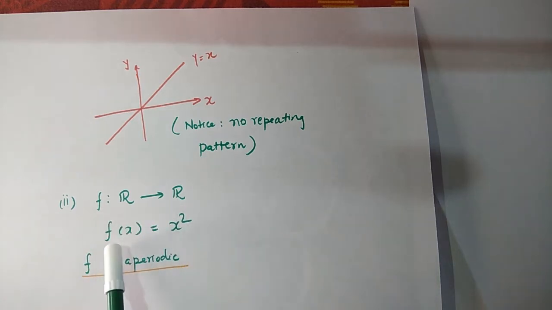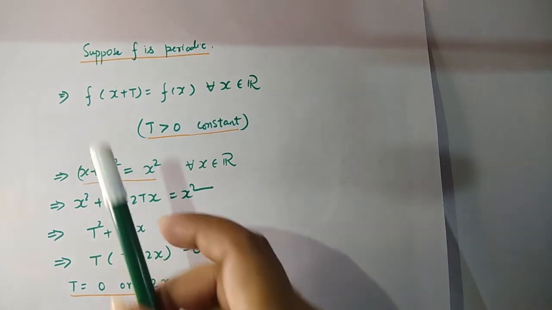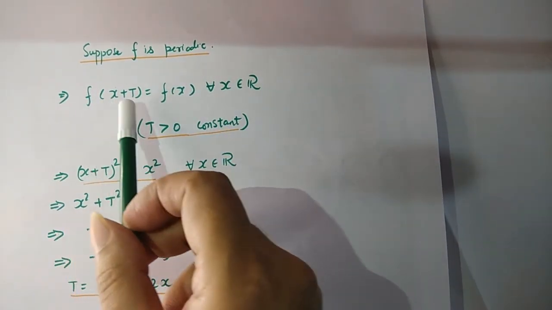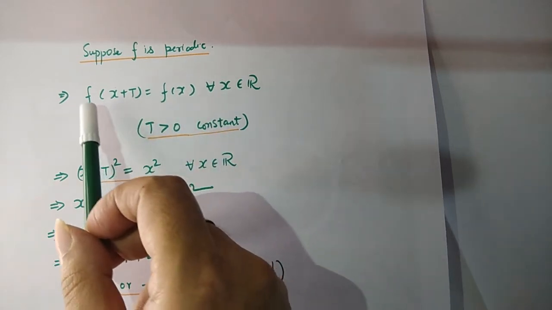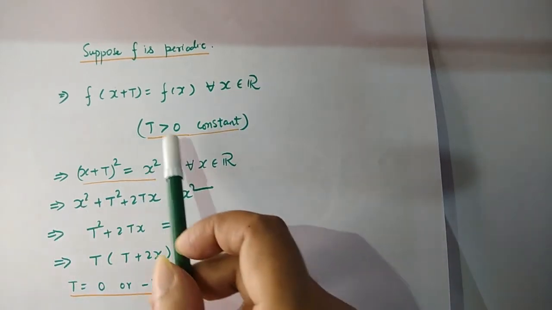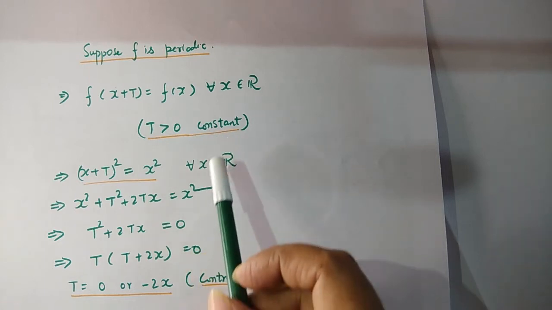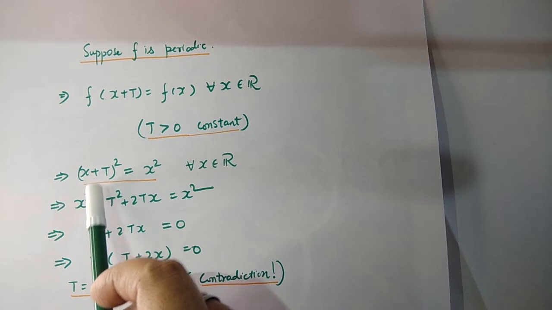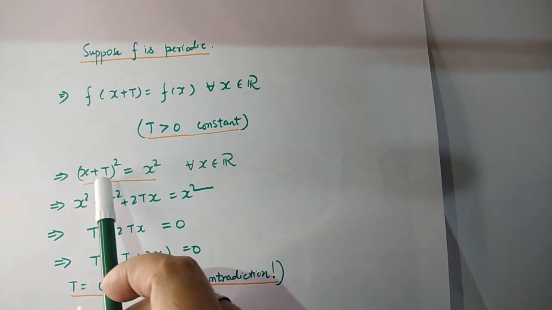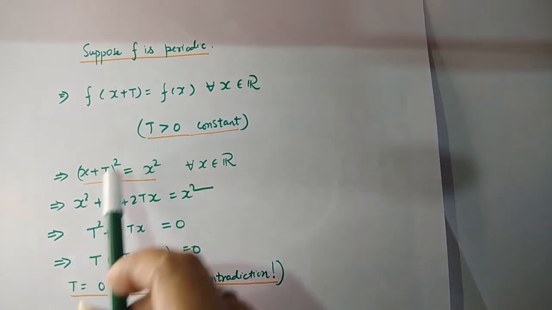Now let us look at a second example, f of x is equal to x square. Our claim is that f is an aperiodic function. Let us prove it by contradiction as in the previous case. Suppose f is periodic. Then there exists a t greater than 0 such that f of x plus t is equal to f of x for all x belonging to R. And t must be a constant. Remember that this was an essential remark made in the previous lecture, that t must be a positive constant. So now it follows that x plus t the whole square is equal to x square for all x belonging to R. Now this simplifies to